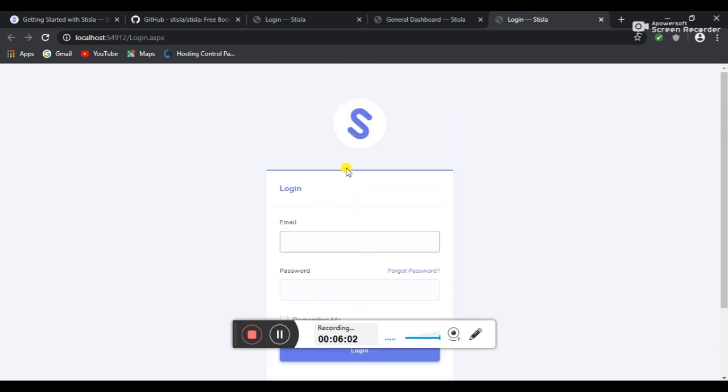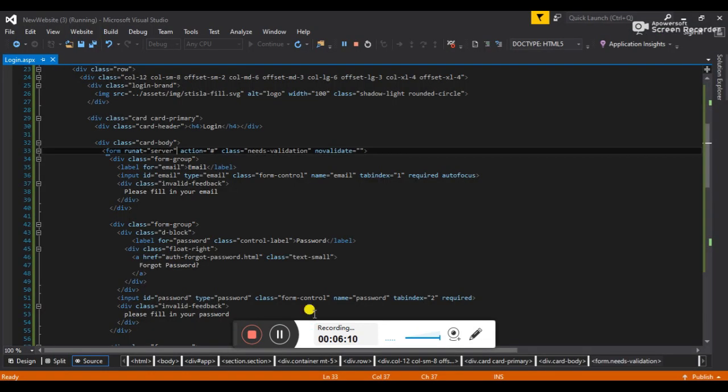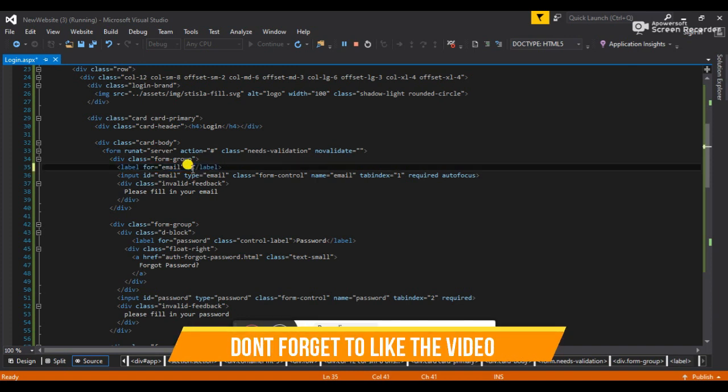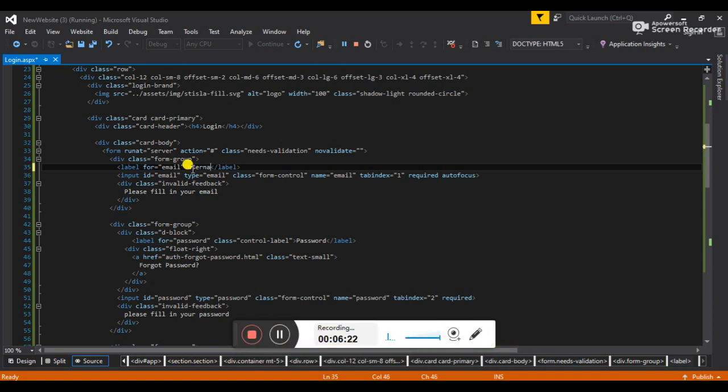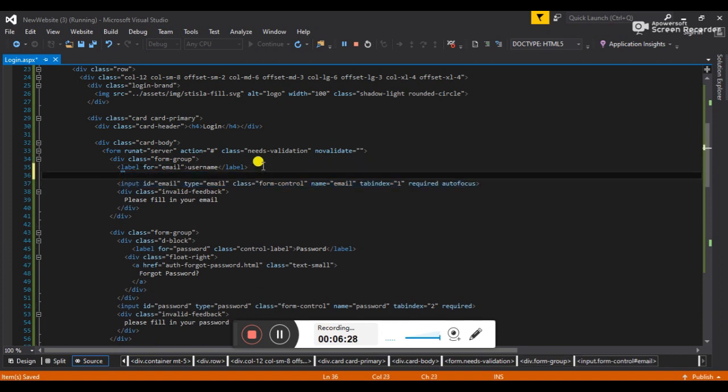Now we will replace things one by one. I have to replace this email with username, the text box also. First of all go here and type username. Then I will type here the ASP text box.